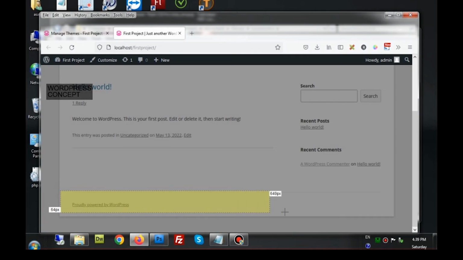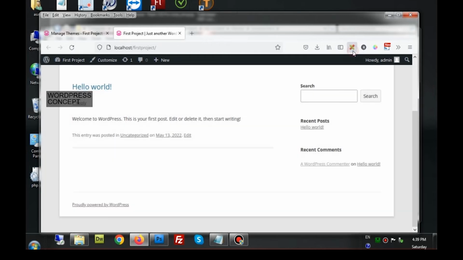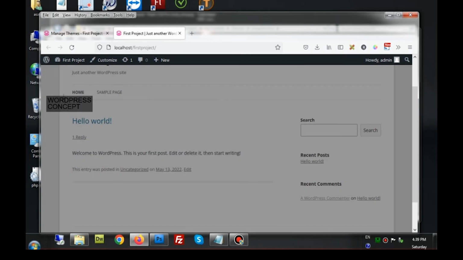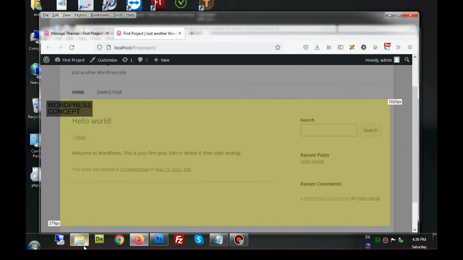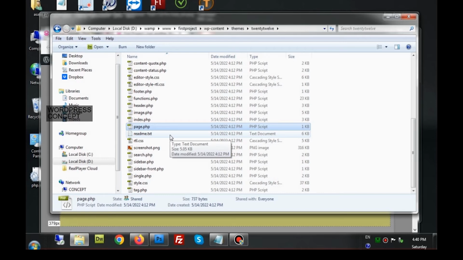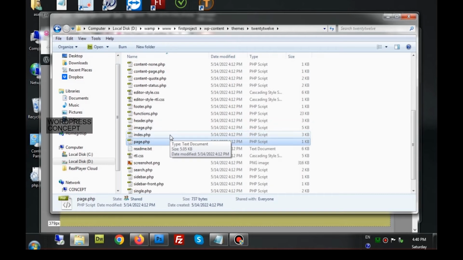So the footer.php file handles this portion, and the rest of this portion is handled by a file called page.php. So this file handles the page portion, meaning the middle portion of the page.